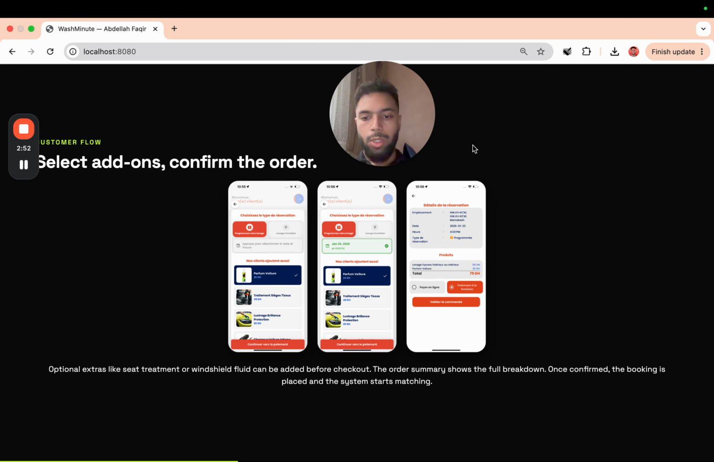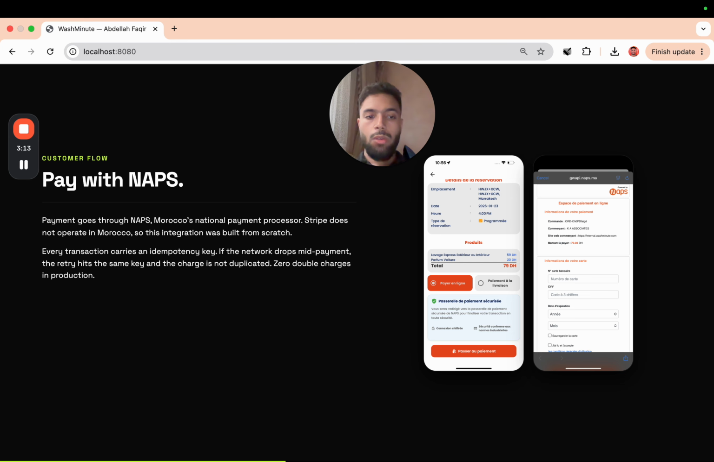So after the user picks the location and main services, he can also add some add-ons, and he can choose whether he wants an instant reservation or a scheduled one. And the last screen, we have a summary, and of course he can pay cash on delivery or pay online. So if he chooses to pay online, I've implemented NAPS payment gateway,